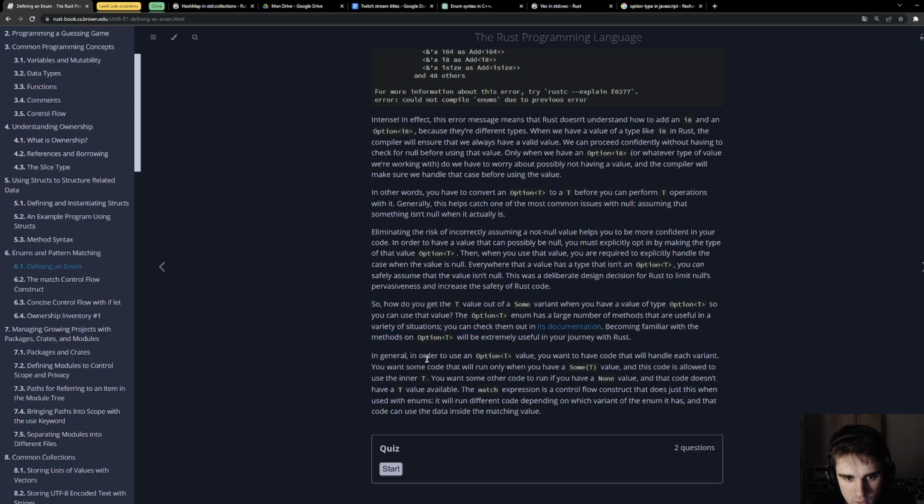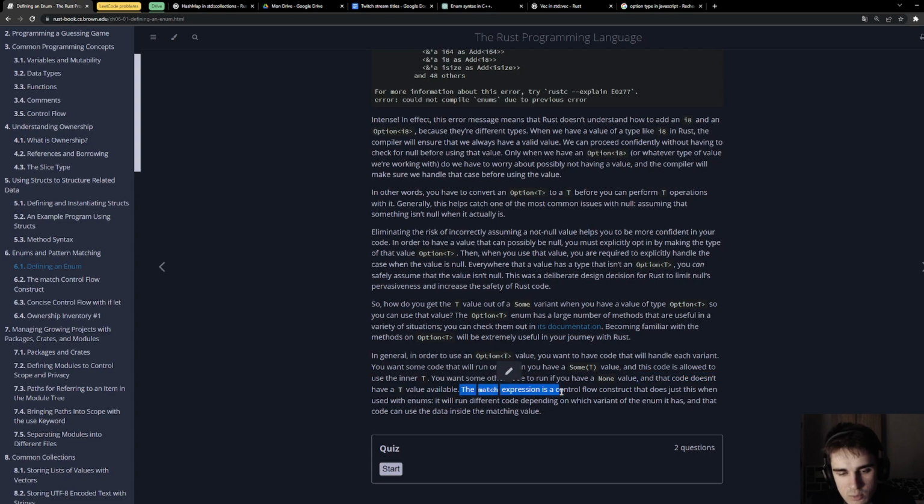In general, in order to use an Option<T> value, you want to have code that will handle each variant. You want some code that will run only when you have a Some(T) value, and this code is allowed to use the inner T. You want some other code to run if you have a None value, and that code doesn't have a T value available.